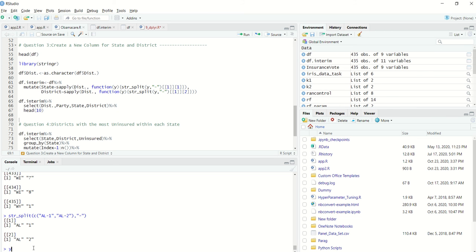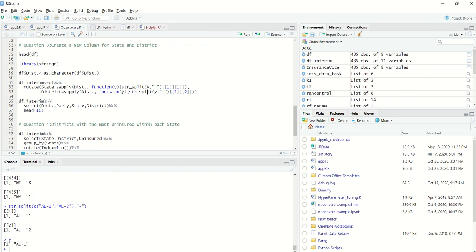Let's define y as a single text value. Now what will happen is, if I split it up, I will get two values within that list. Now if I want to convert that list into a vector, I can use double square brackets and I will get a vector. And within that vector, I want to only access the first value. So this particular thing will be applied on the split values that were present here.